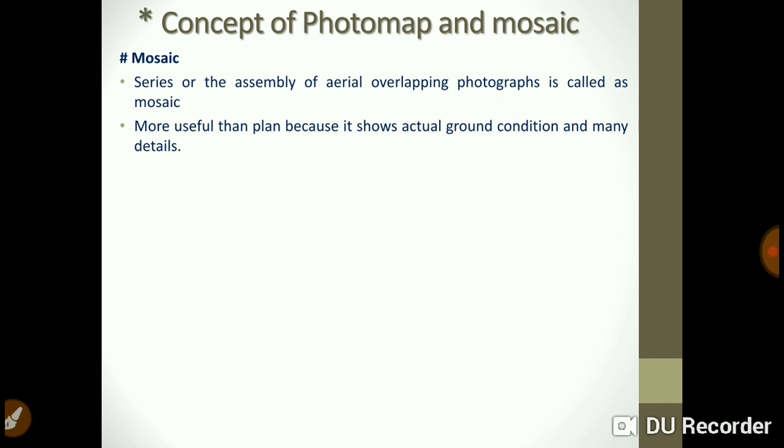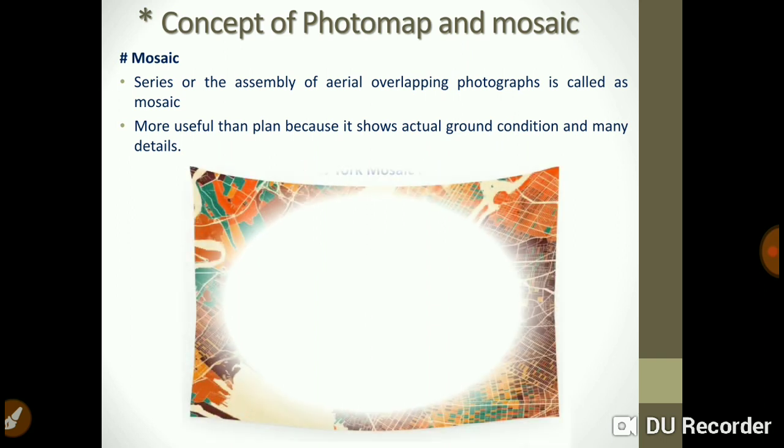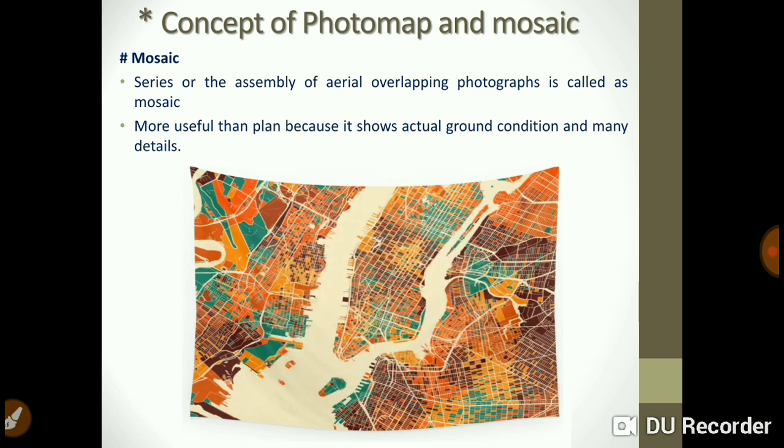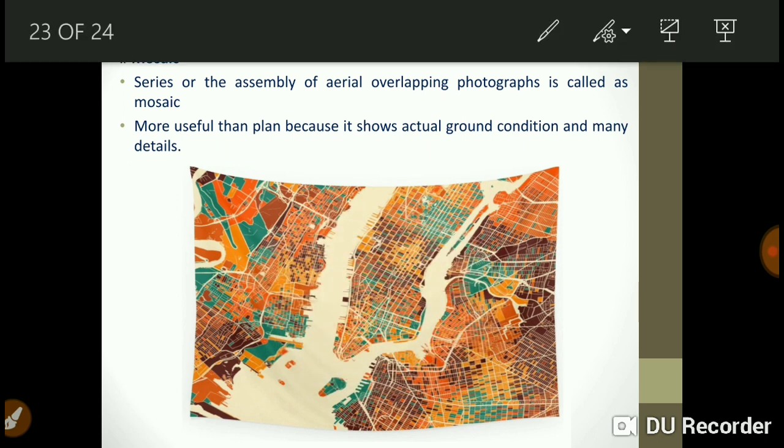No doubt it is more useful than a plan because it shows the actual ground condition and many details. There is one more example of a mosaic map, the New York mosaic.